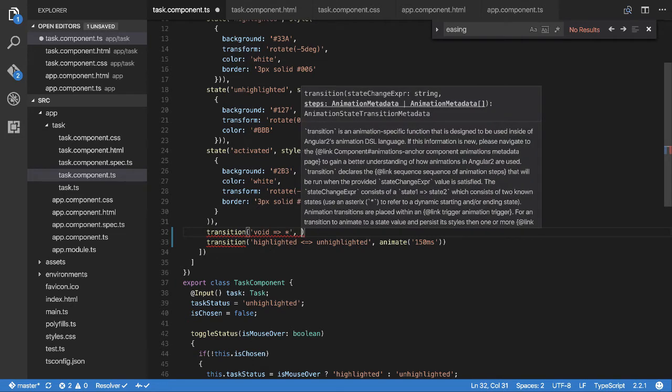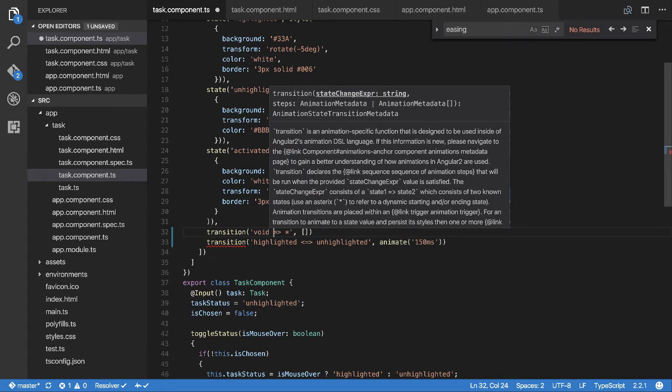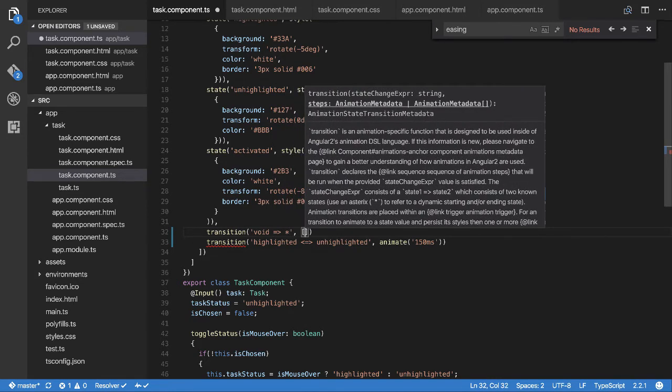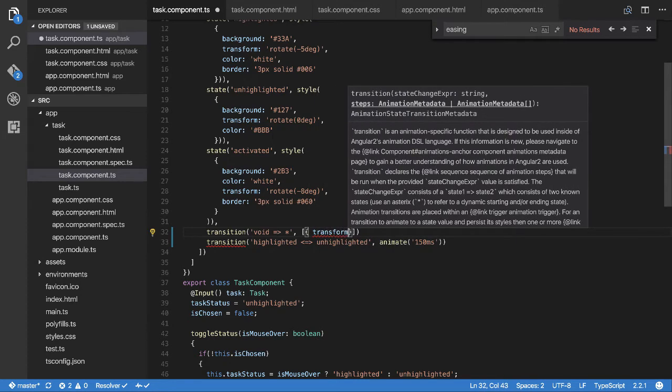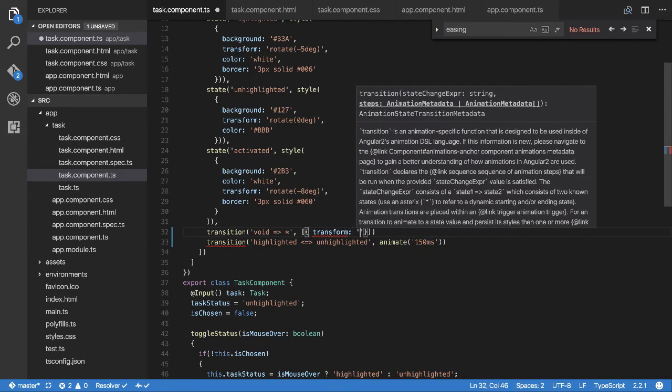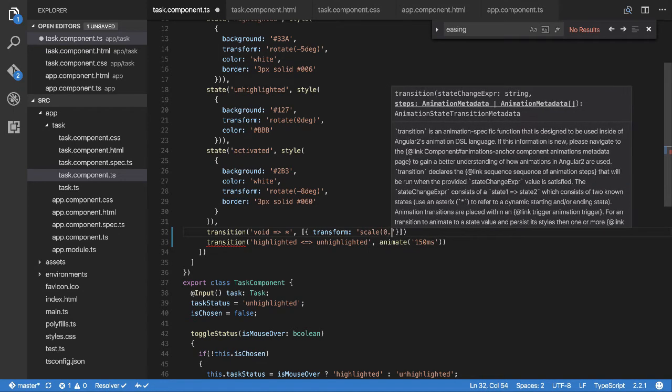Now what you normally do after that is you specify an array, because we want to specify as part of the void state what kind of state we want it to look like. And what a lot of people do in their examples is they'll translate the thing off screen and then they'll slide it in. I don't want to do that for this video. I'm going to do something a little bit different. I'm going to use the scale option. So I'm going to go transform. I'm going to now go scale, and I'm going to say